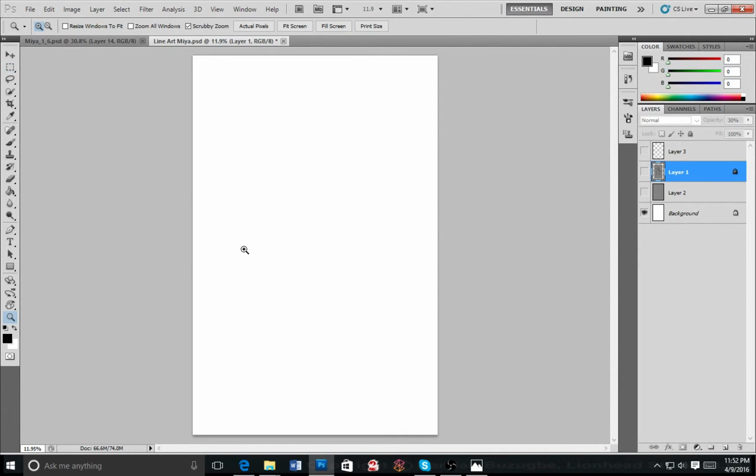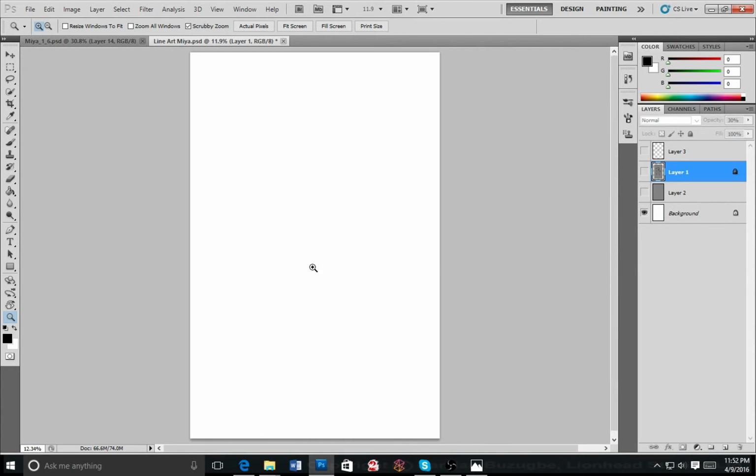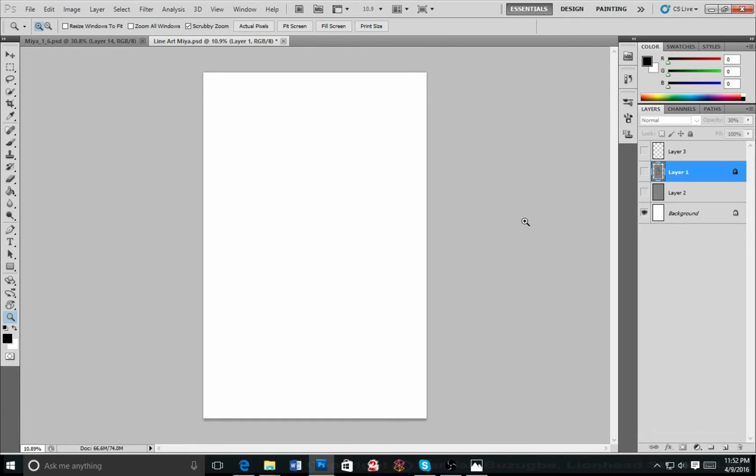So your image is normally not that big, somewhere around here. And I'm going to tell you why it's going to pop up like this. The reason is we want the resolution of when we copy our image. As you can see, I have it already